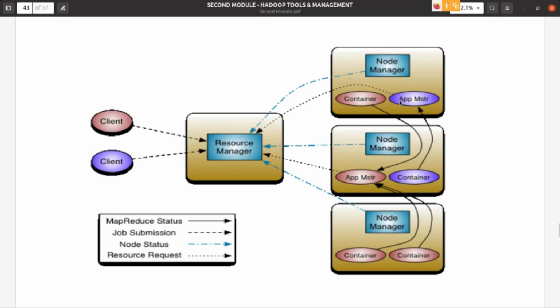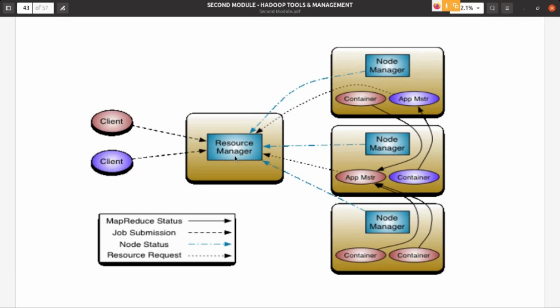Then another arrow you can see here, a line coming from application master to resource manager. What is that telling? It is a resource request. Look at this diagram: these dotted lines from application master to resource manager are a resource request.